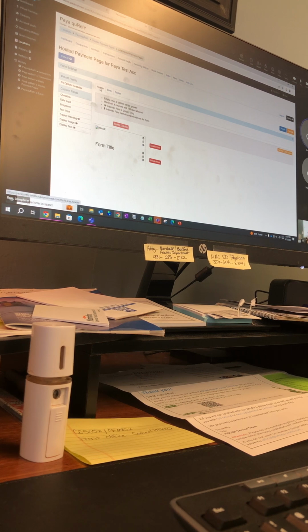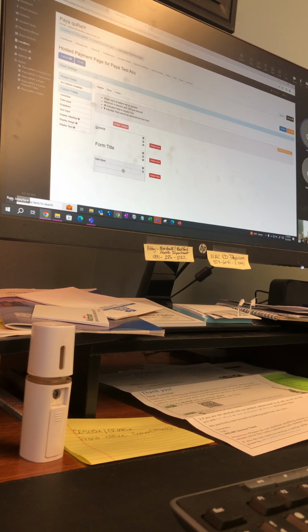So it's going to start with the header. You can upload an image here. Add a row, so you can, let's say you want to put in your business title. Well, let's do it this way. So you can put here, and let's say we want to put the date. You can